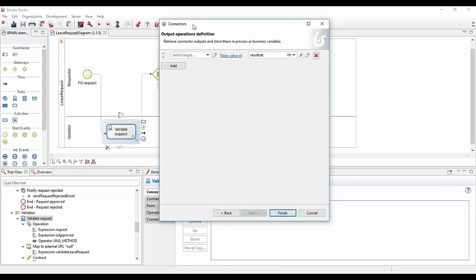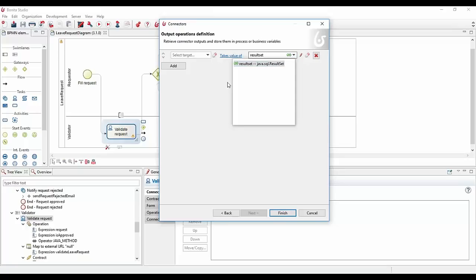The output operation is the opposite of the input. Again, you need to see the connectors as a function. The function takes input, and depending on the execution, for example requesting the SQL, at the end of the day you also have an output. So here the output will be the result set, but you could have other ones.